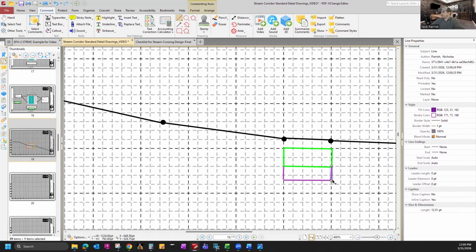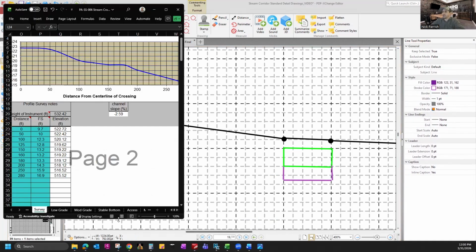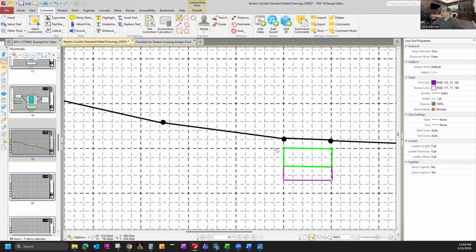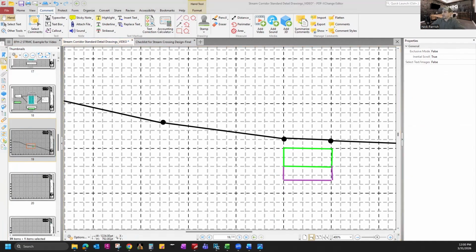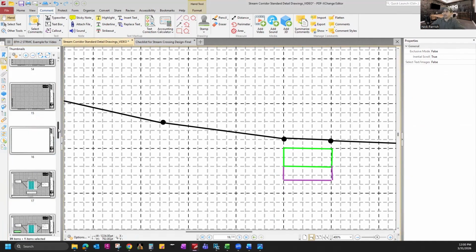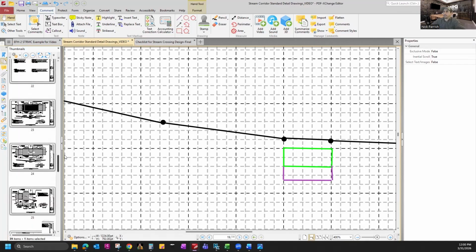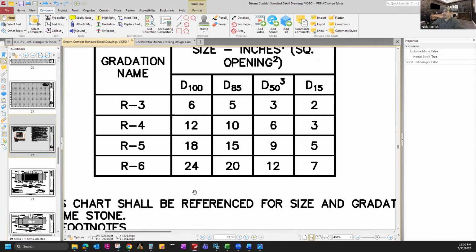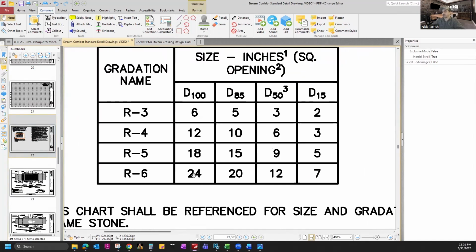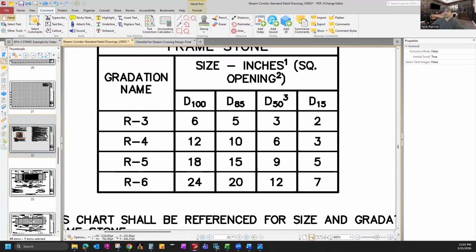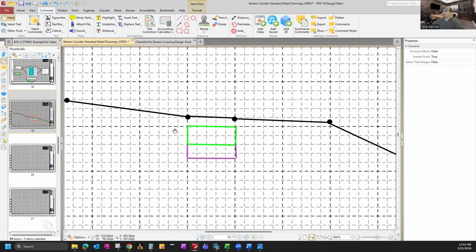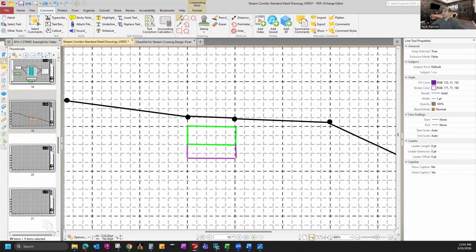And then referring back to the spreadsheet, our frame stone size of R6, that is a D100. The largest diameter in a truckload of R6 should be about 24 inches. And to enter that in,